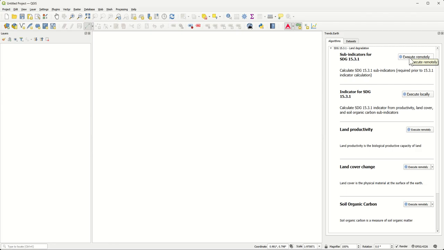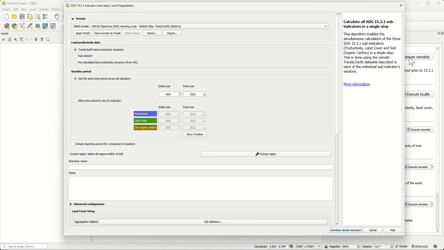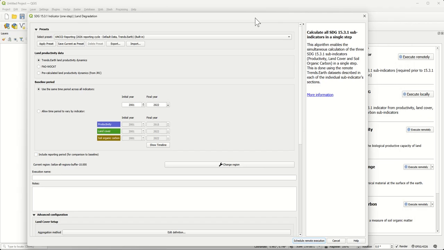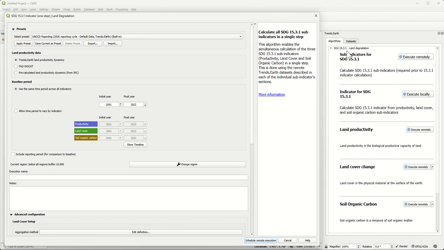So the first example that I'm going to show you is how to calculate all the three subindicators, meaning the land productivity dynamics, changes in land cover, and changes in soil organic carbon at once. So this is the first option that we see here, subindicators for SDG 15.3.1.